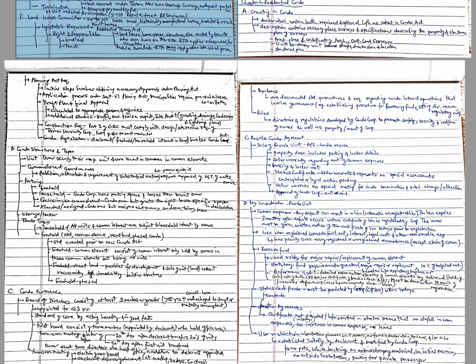Condominiums can be broadly divided into leasehold and freehold. Freehold includes standard, common element, vacant land, and phased condominium corporations. The board of directors, selected in accordance with the Condominium Act, must adhere to the standard of care when performing their duties. Primary documents for governance purposes include the declaration, bylaws, and rules. The agreement of purchase and sale, condominium resale Form 101, generally parallels the standard agreement of purchase and sale, but important clauses have been added.